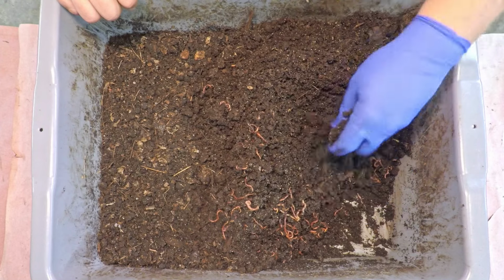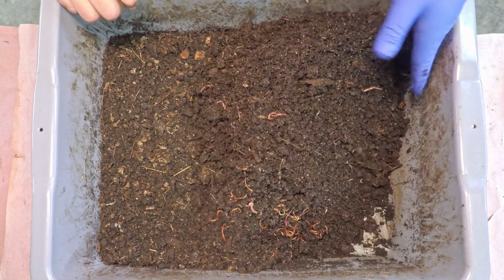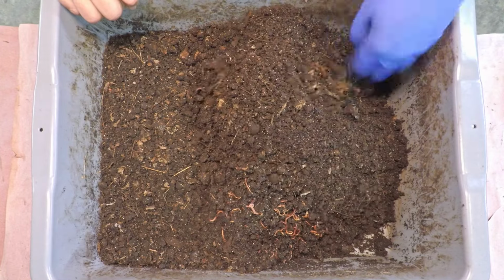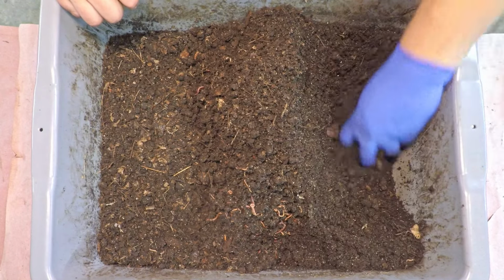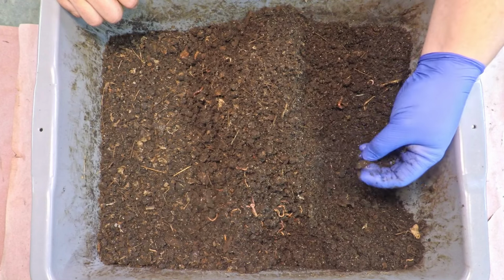I got my spray bottle here, so we could definitely apply a little bit more moisture again. Especially over here on the outskirts of the system. I'm pretty much finding no worms whatsoever out here. So it almost makes me wonder if perhaps besides applying some moisture,